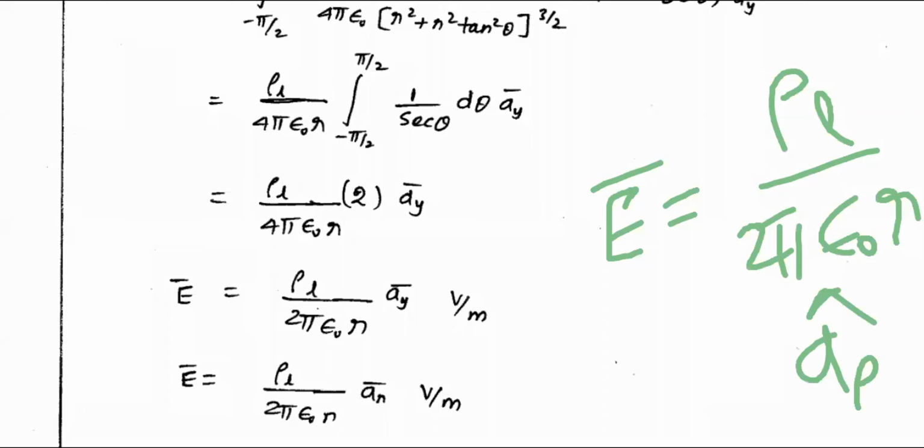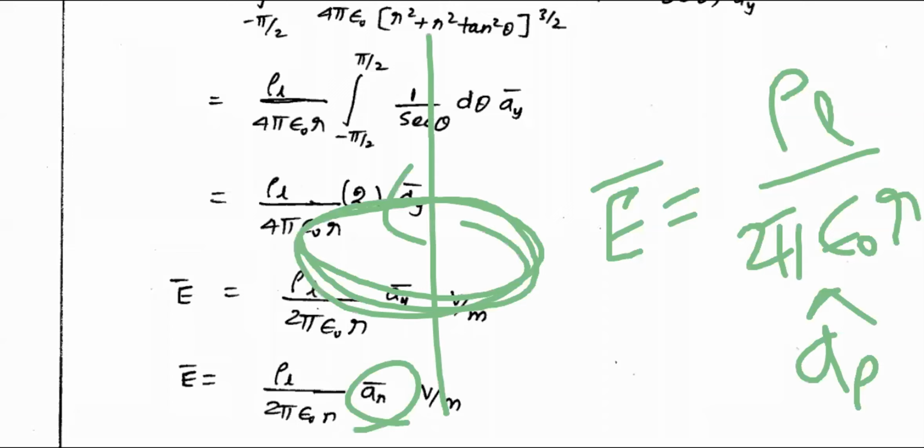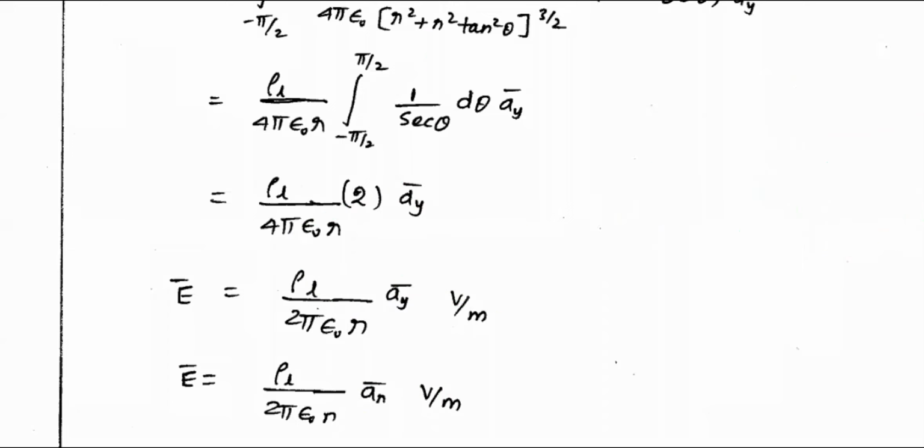Now for the problem we have chosen, this is the answer, because they have fixed some point. We have to calculate that point only. What is the electric field? But what I am telling is, you take a line, you go anywhere like this, your electric field still remains the same, in the aρ direction. That is the idea. So please always remember this formula.